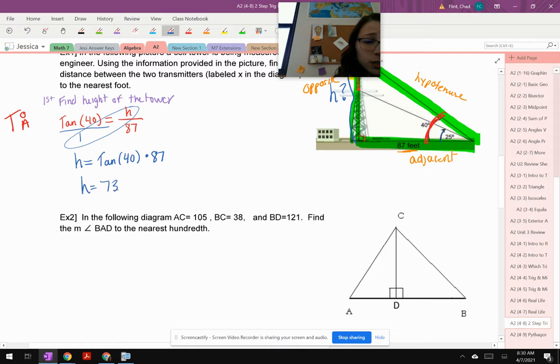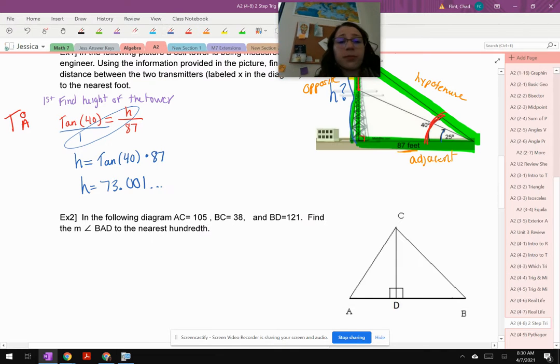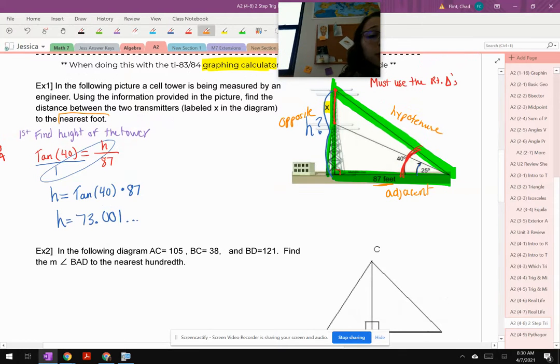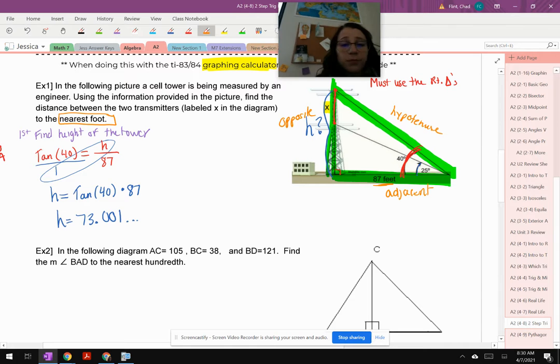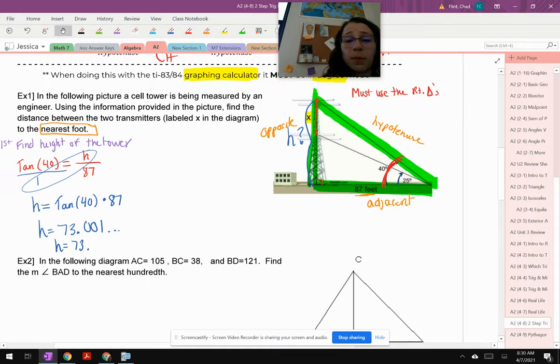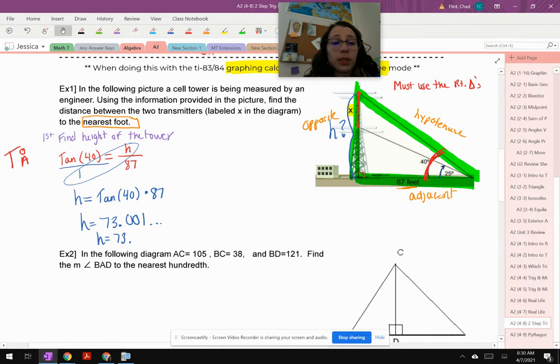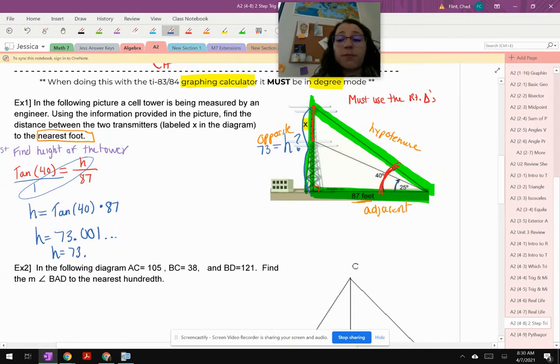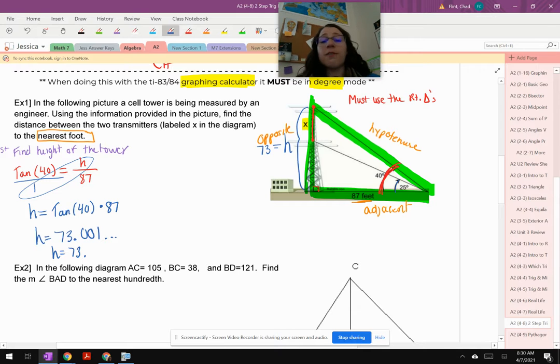73.00001, I think it was. Yep. Okay, so they're asking me to do this to the nearest foot, which means that this can round to 73. So I now know that this entire piece is equal to 73. That still doesn't help me figure out this red piece yet, because I need to be able to subtract out